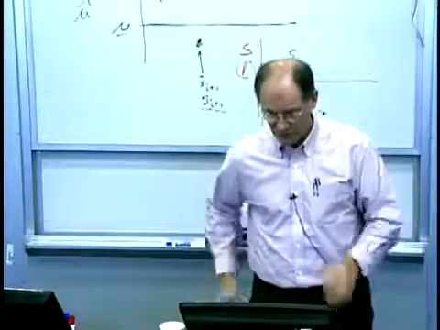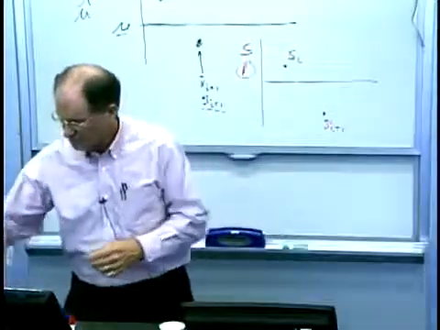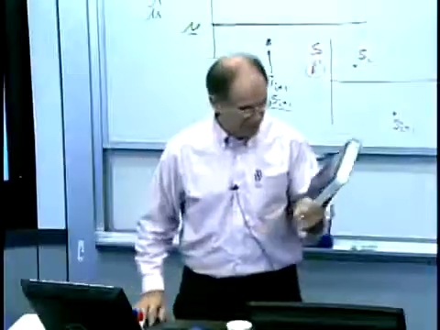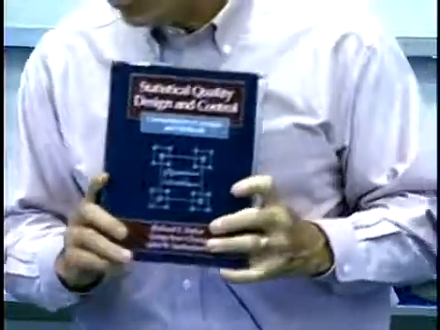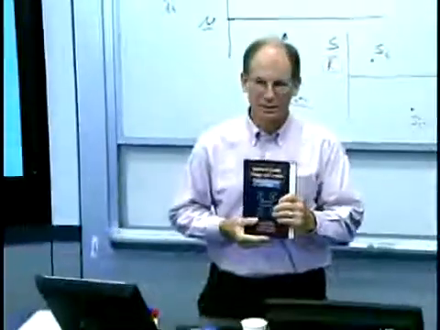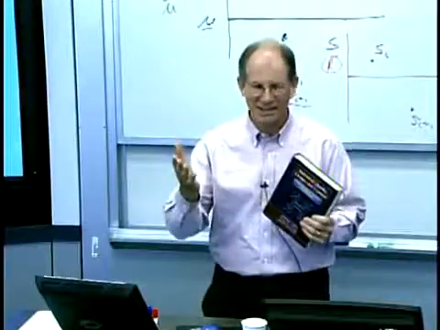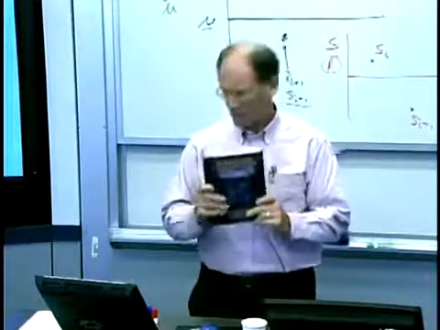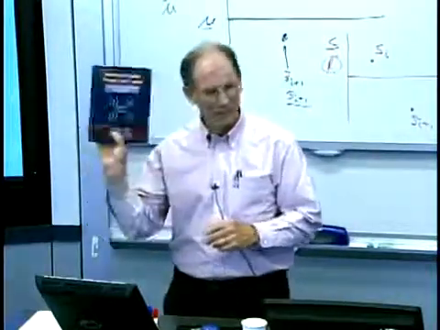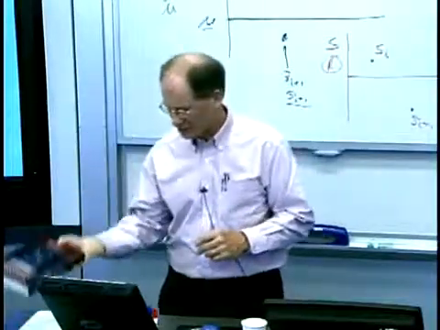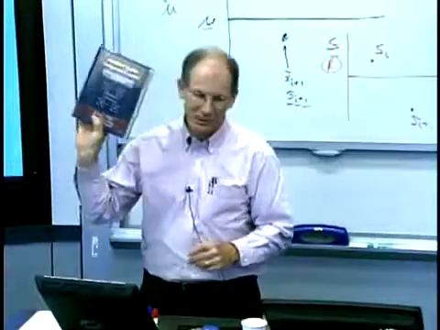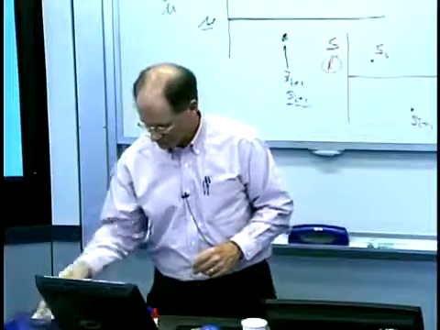And so there are a number of different things. Now, there's a text we used to use for the class by DeVore, Chang, and Sutherland. We stopped using it because it's got some rough edges and theoretical problems. Not problems, but lack of, it's theoretically correct, but it's got some gaps in the theory. So you need another book anyway. And Montgomery's a little bit more basic on it. This one is a little bit better on some of the process optimization and pragmatic. These guys are engineers and less statisticians.